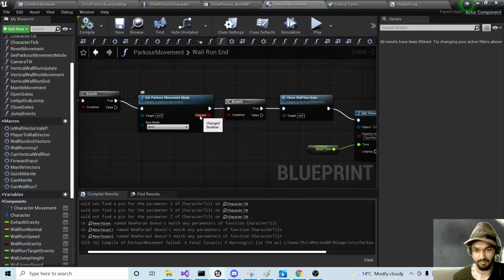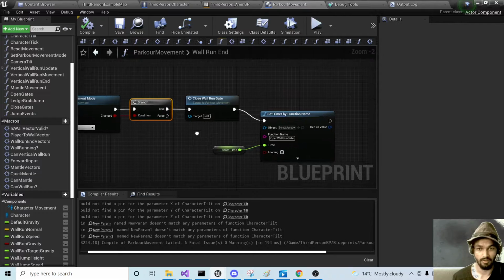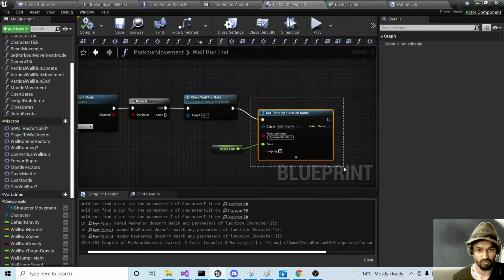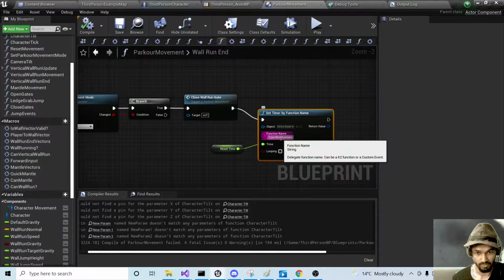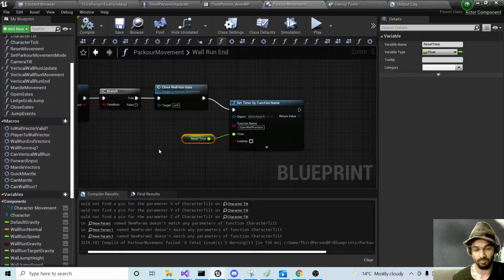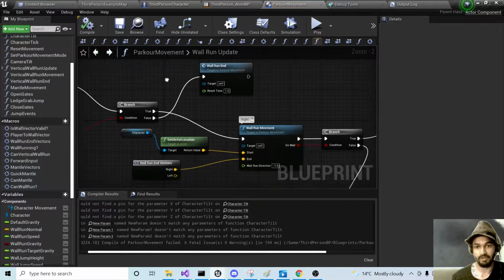Otherwise, if it's different, then it's going to change it, and if it is changed, then we're going to branch out from here, close the wall run gate, and then set a timer by function name to reopen the wall run gate in a given time. So reset time is going to decide how long it would take for us to reopen the wall run gate. So if I go back,